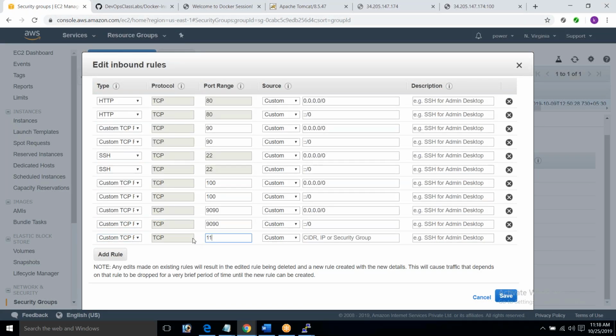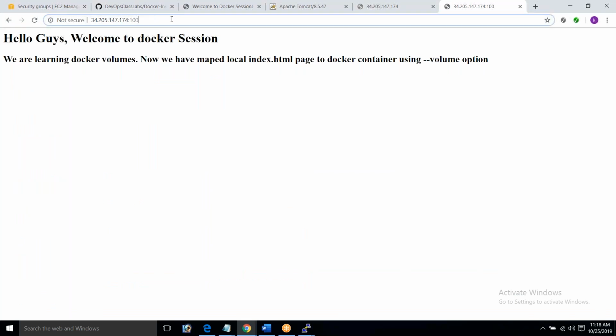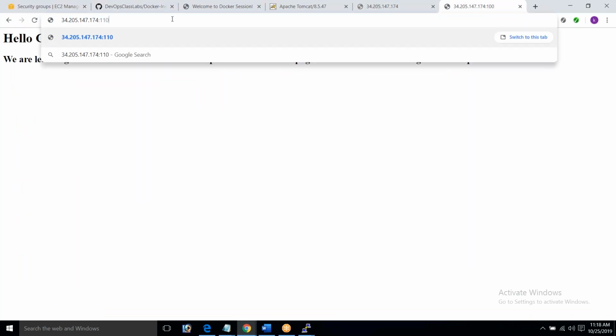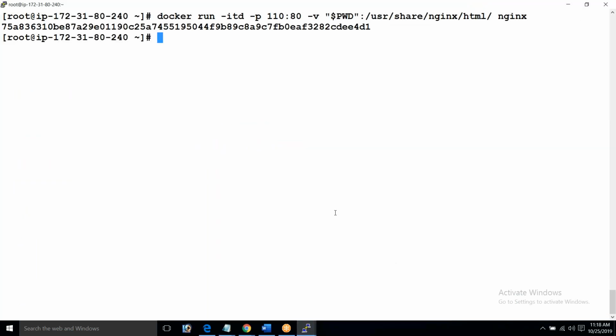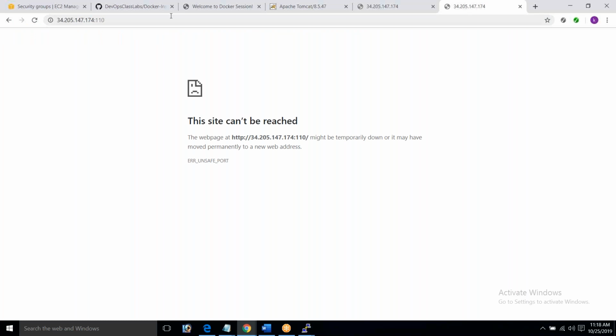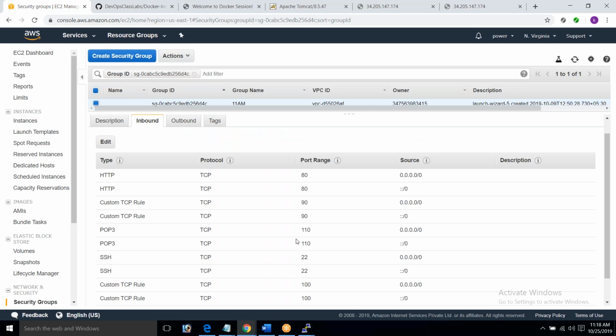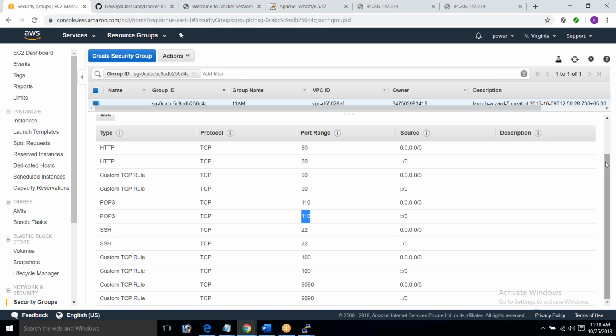Custom TCP rule, 110, anywhere. Save. POP3. 110 is POP3.